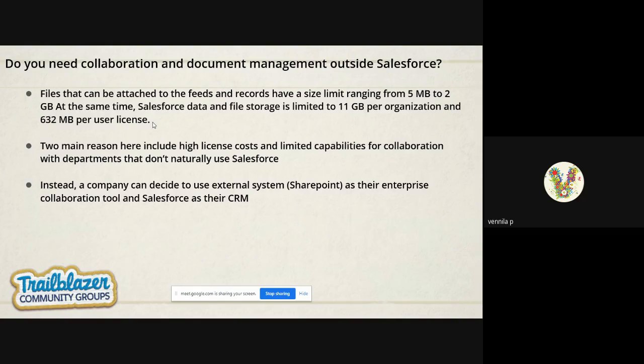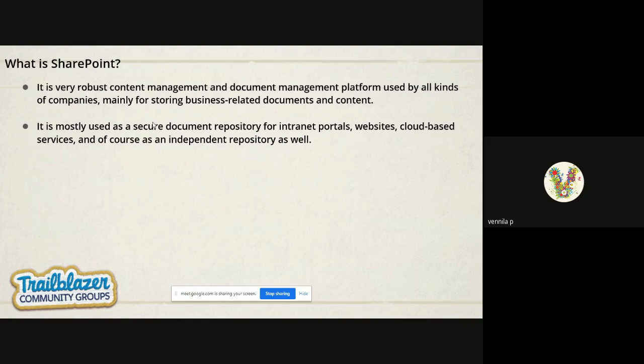So how can we minimize our cost further? How can we use our existing tools, like we are using Gmail, as well as we are using Microsoft 365, that is SharePoint. So we can use all our existing systems, that external system connected with Salesforce, so we don't want to purchase any additional external system for storing all our data. In our use case, we just selected SharePoint, because mostly all companies use SharePoint, right? So that they can collaborate on all the files in the same place. That's why we have selected SharePoint.